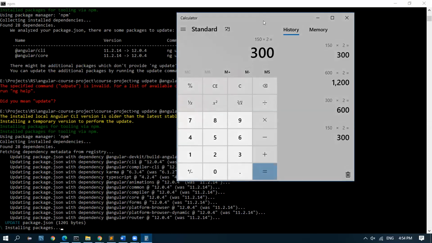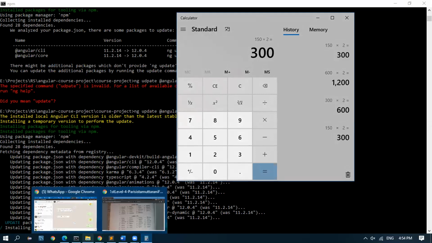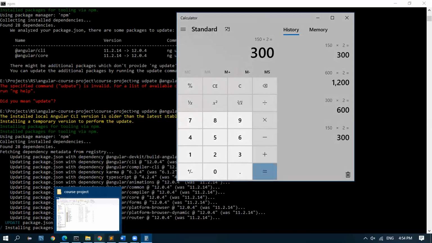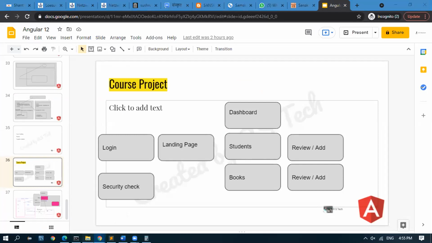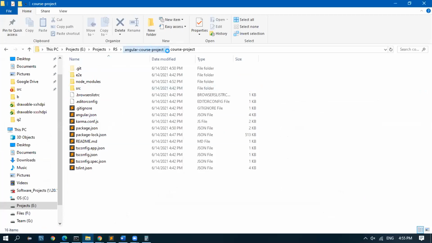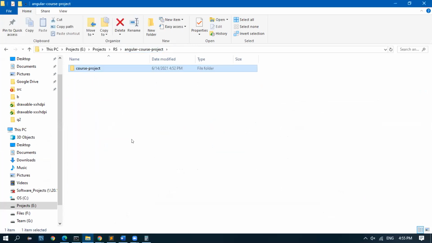Okay, Rajesh. So I just started with this. I showed what the demo project is that we are going to do. This is the one, and I created a fresh project as course project, and I'm upgrading the Angular in that. Whatever we have seen so far as theory, or in bits and pieces, we are now bringing together as one single application, building everything.